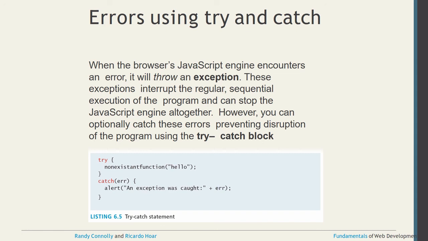Inside the try you see here I already put a function hello, and then in the catch we display the alert message. In try we first check the conditions, and in the catch we can display that error message. That is the main basic concept of try and catch for managing exceptions.